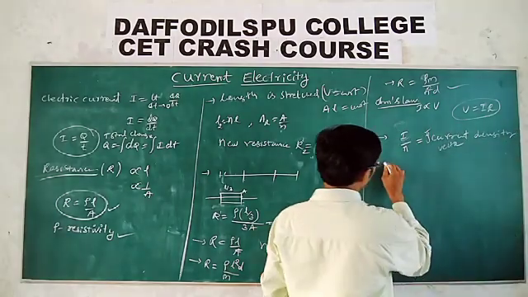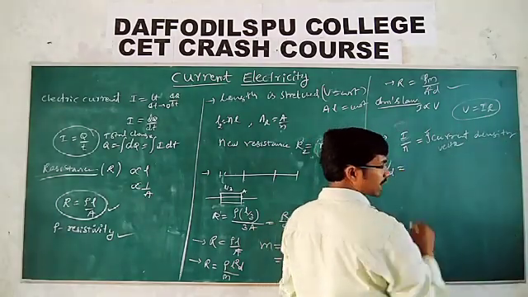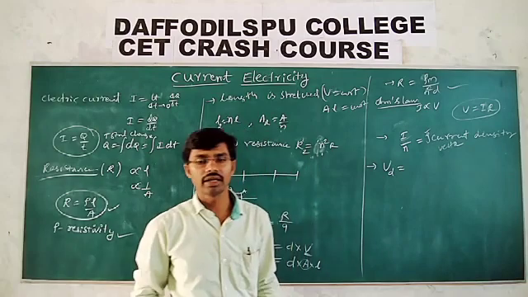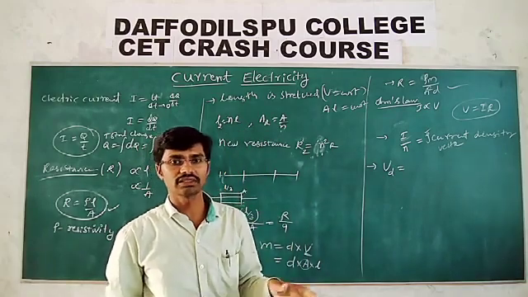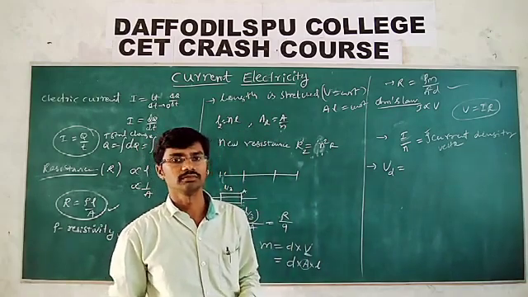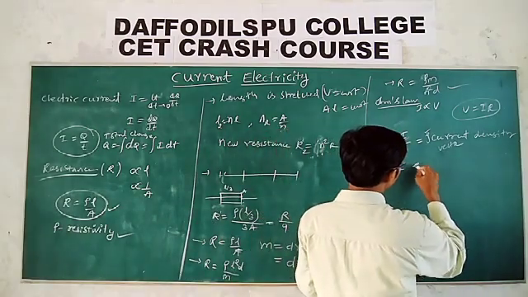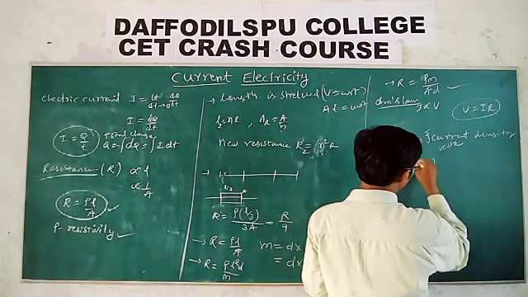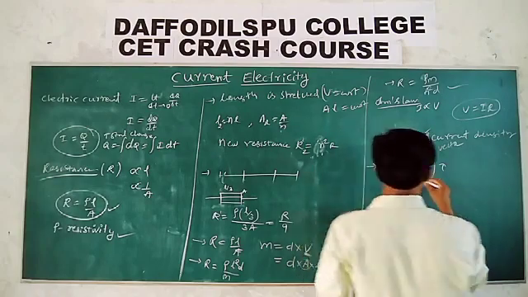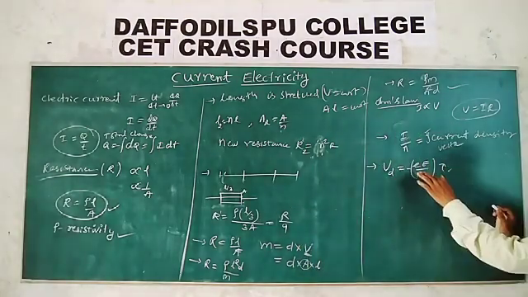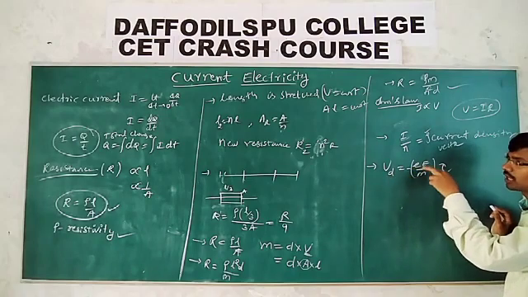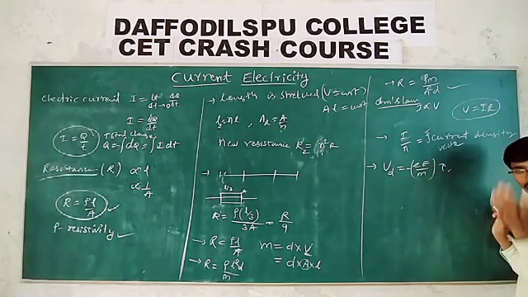And remember, drift velocity is nothing but the average velocity obtained when an electric field is applied across the ends of the resistor. Vd is equal to E by m into t, minus, where t is the relaxation time. The negative sign indicates the drift speed is opposite to the direction of the electric field.